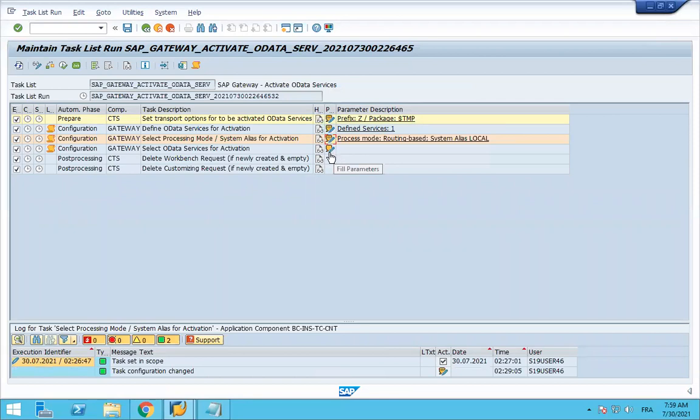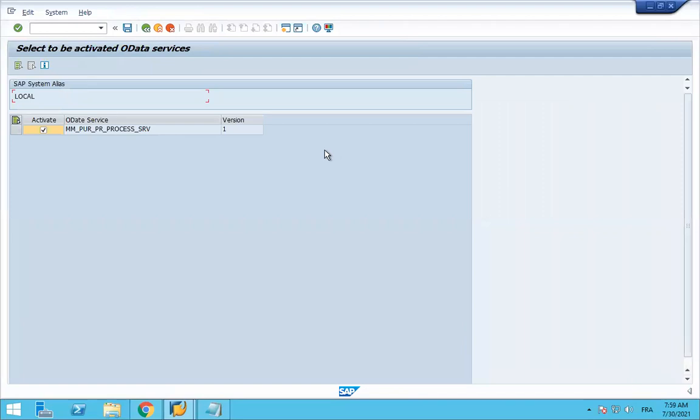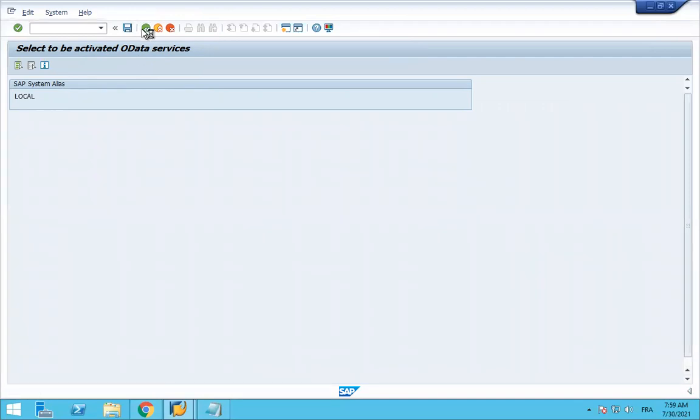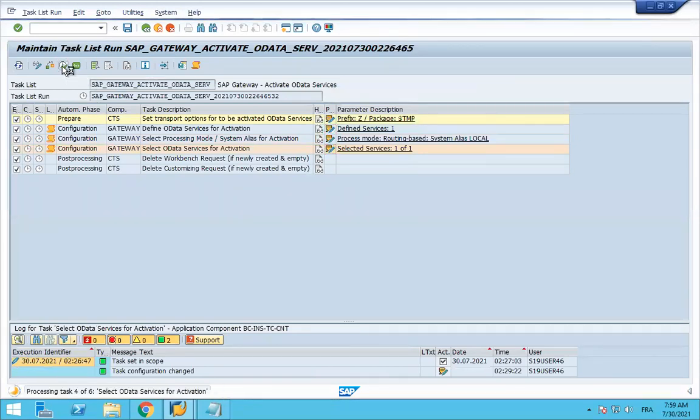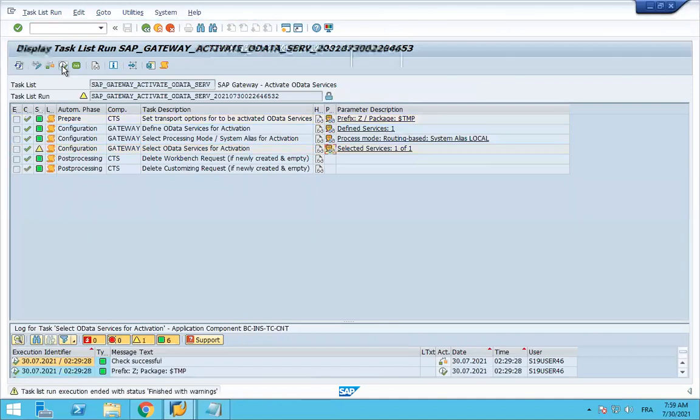Click again to field parameter, the third and the last. You already had this. It's okay. Save. Select save, go back and execute. Okay, the run execution ended with status finished with warning.